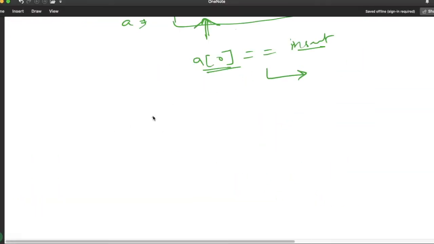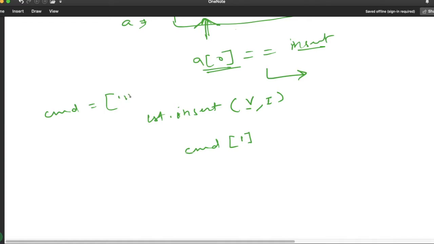It means we have to use list dot insert of two things. First one is value and second one is my index, correct? And value was present at command of 1, because command has three things. One is my insert, second one is suppose value 10, and third one is index 5, correct?